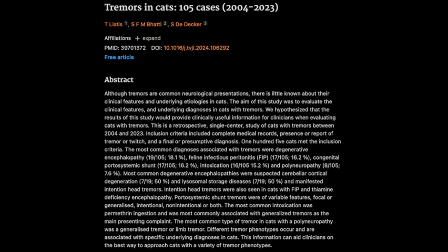Before the break, we were talking about how the location of tremors could help vets figure out what's going on. Right, we were just getting into where in the cat's body those tremors show up. Right. So let's unpack that a bit further. Well, this study found that certain tremor locations were often associated with specific conditions. For instance, head tremors were